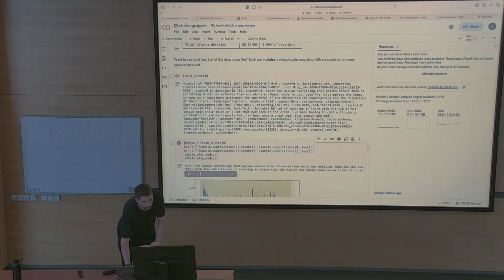With the habit he had of touching it there with the tip of his tongue made Annie think of a cat that had been at the crate. I've been hoping to call with Mrs. Flemington to pay my respects, but I've been away a great deal this season,